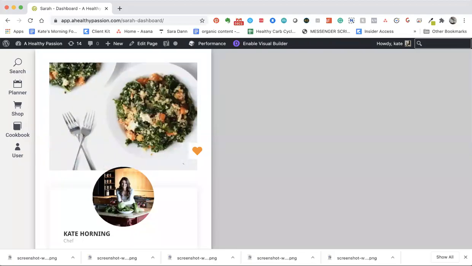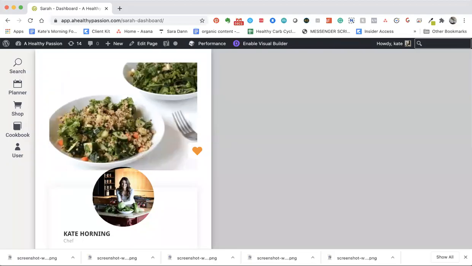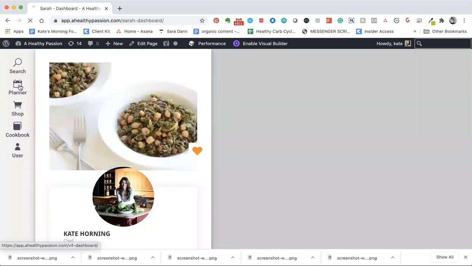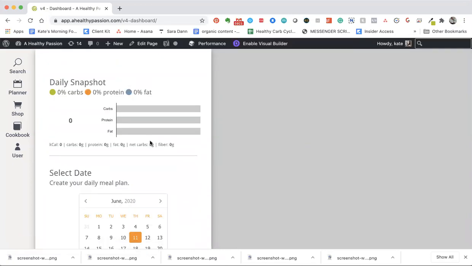Okay, so another feature that we love for those of you who are wanting to add items that aren't necessarily in the database, we have the quick add feature. Because we're so diligent about building our database ourselves to make sure it's perfectly accurate, we don't let users generate content. So for you to add something in there that's not in there,